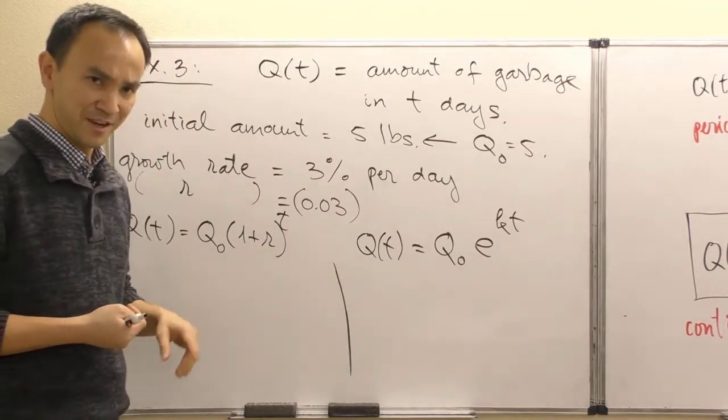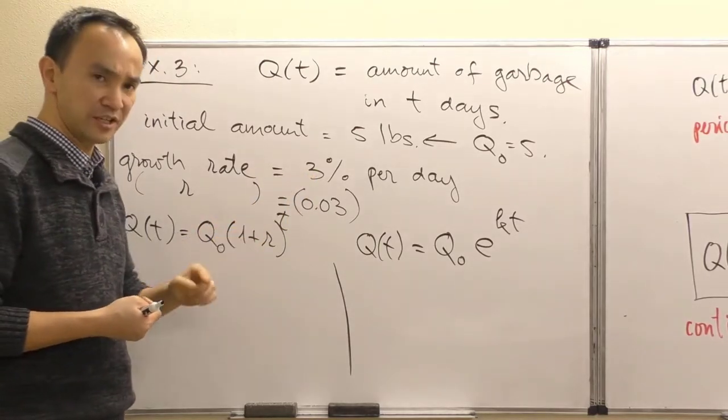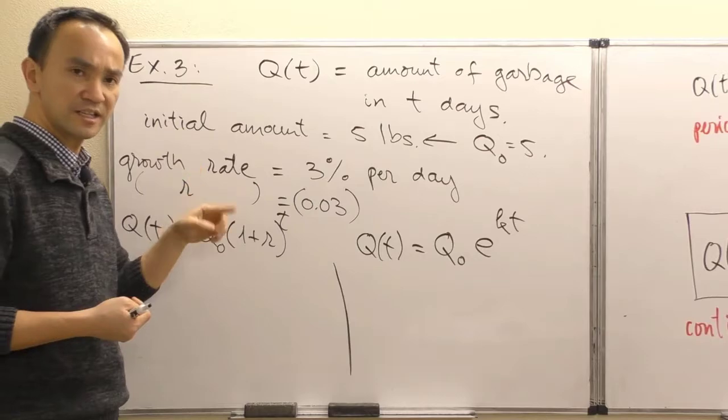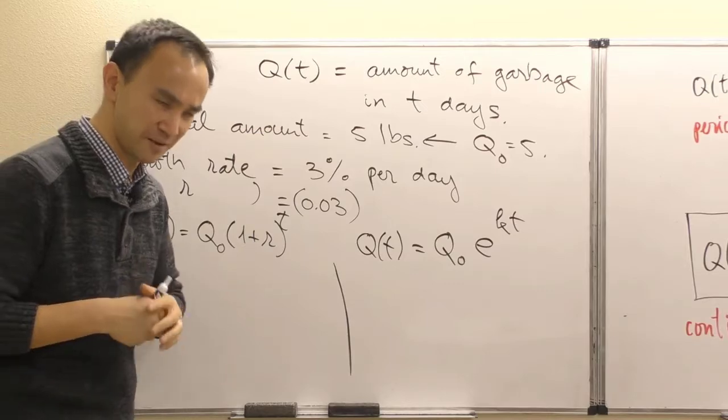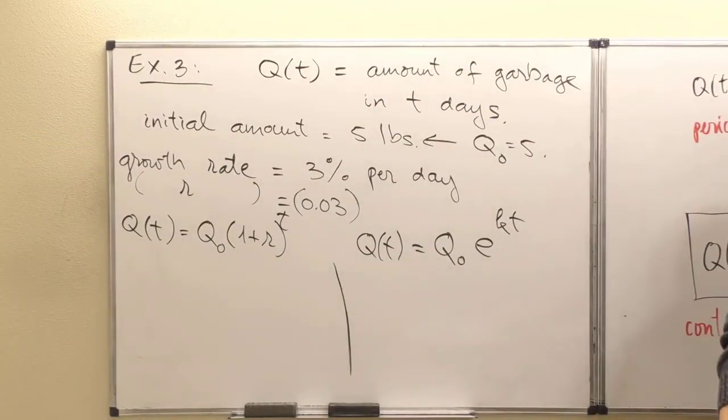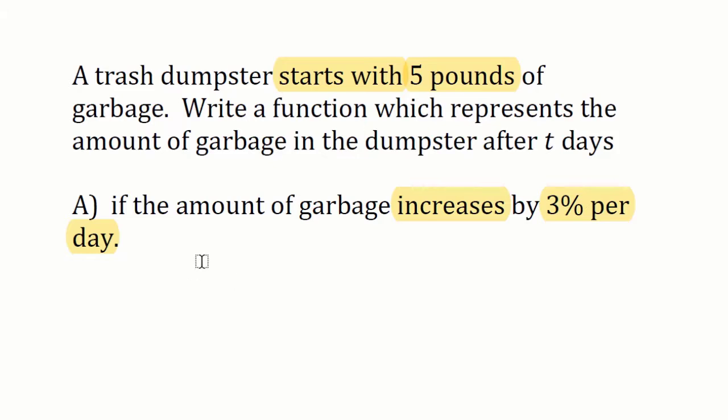Let's decide. And that's the reason why, if we're looking back at the rate right here in the description, see, all it said there is a growth rate. Okay, there was no continuous word attached to that rate. And I can convince you by looking back at the worded description right here. If the amount of garbage increases by 3% per day, everything I highlight is simply indicating 3% per day. But no detailed terms about being continuous or being a relative rate. And so that means this is just some general periodic rate out there, just any general periodic rate, which